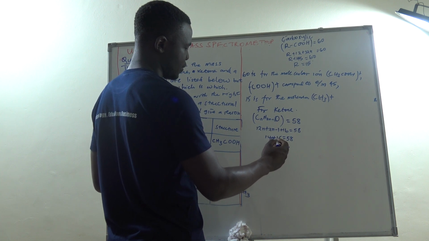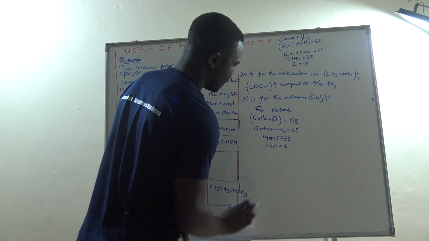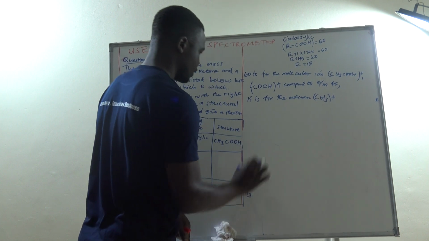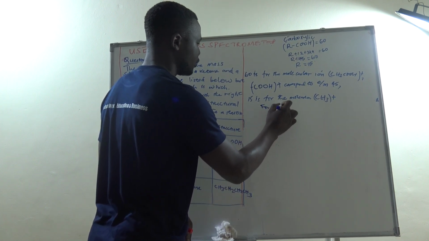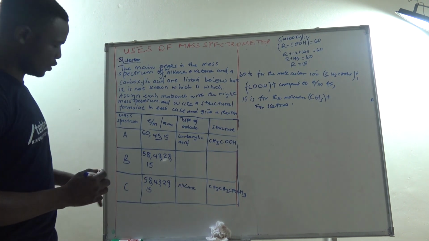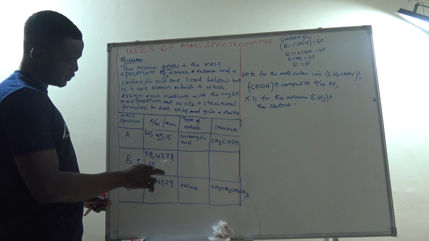What is 58 minus 15? Okay. Sorry. More clearly, let's look at a ketone. A ketone. Now, when we recall, you realize that this and this almost